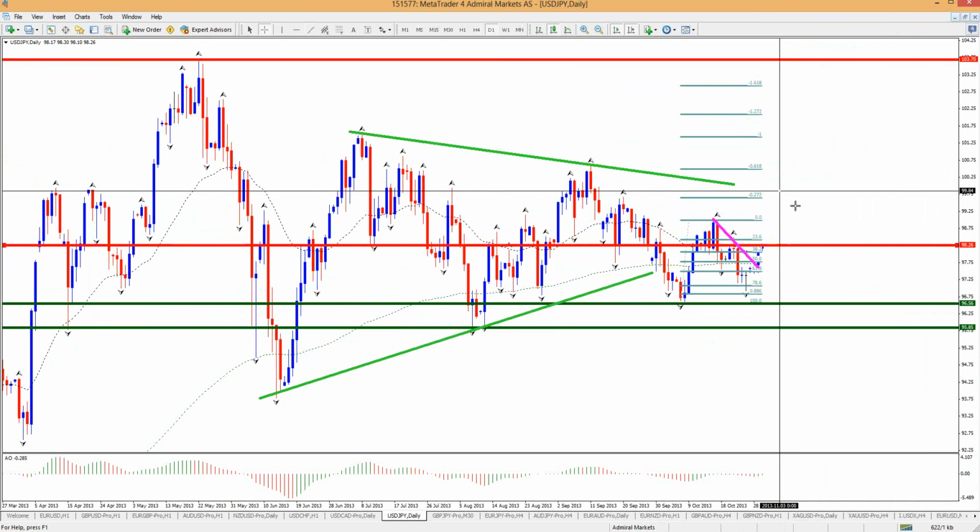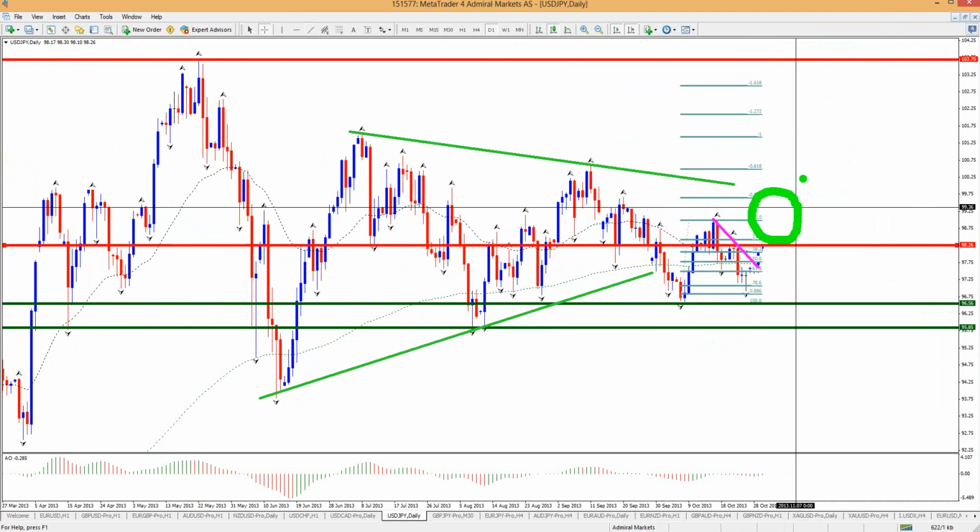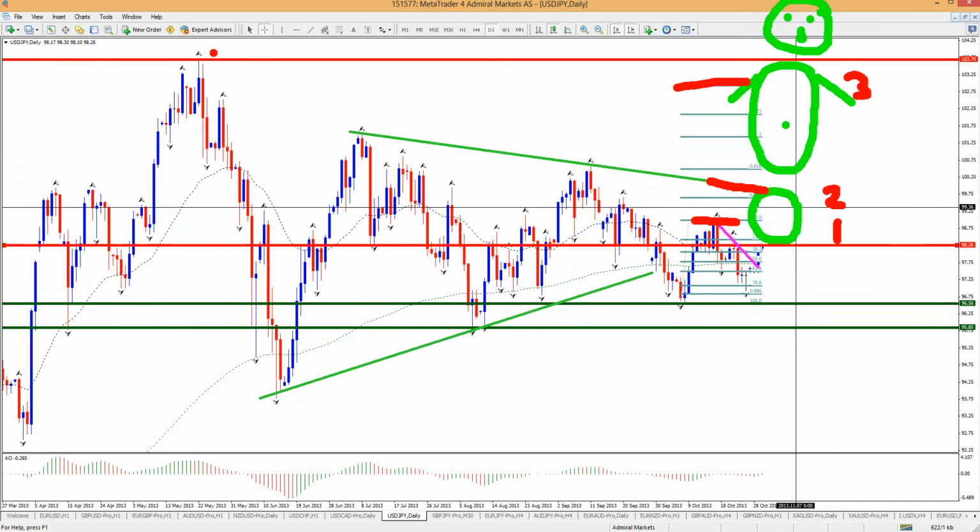Let me draw it a bit better. You have space up to that wedge. Then when we break the wedge, we have space up to the red resistance. And if we break the red resistance, we have space up to the target, right? So something like this, a snowman, you can see. Something like that. So basically, the first two trades are aimed at this resistance, the top, and the trend line resistance, 1 and 2. And the third scale out is actually aiming for a bigger target here, but still before this resistance, right? So that's how it's spaced out, so you understand why.